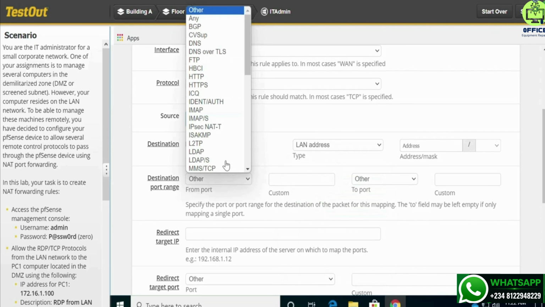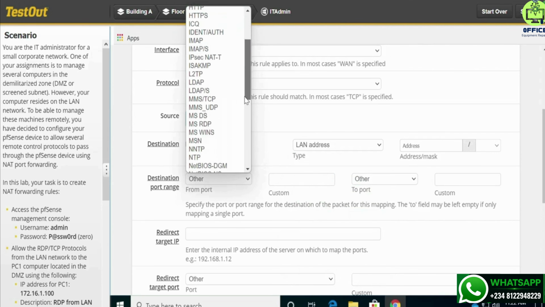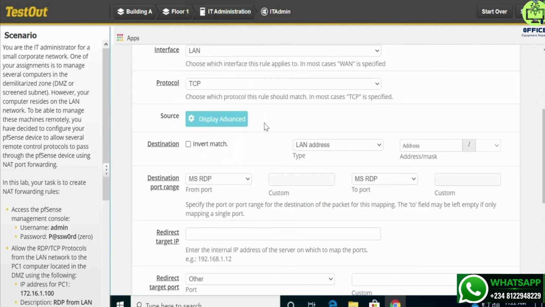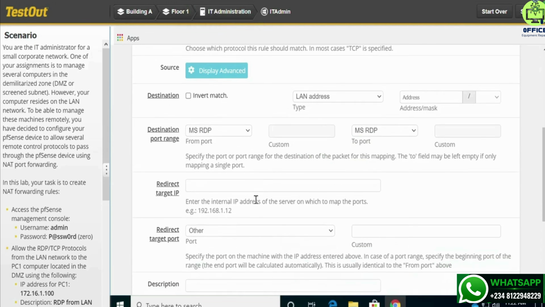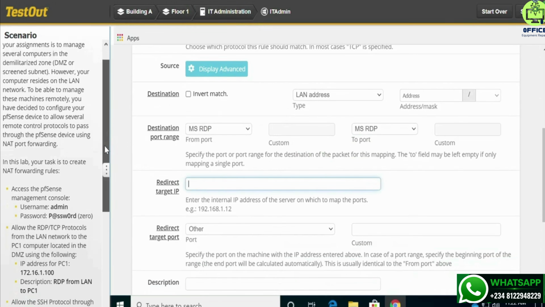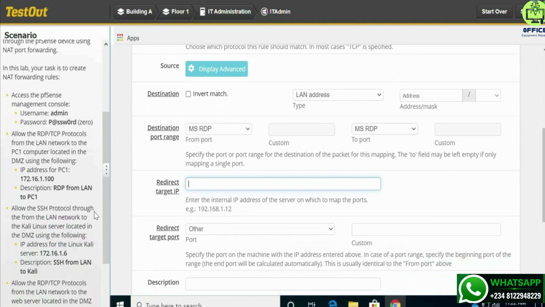The destination port range, we're going to change this to MSRDP, and for the redirect target IP, we're going to change this to